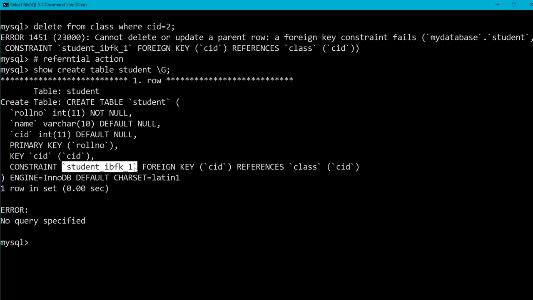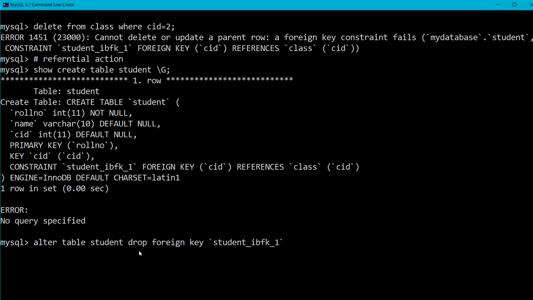So I have to drop this constraint. Alter table student drop, as per syntax, drop foreign key. I have to take the same name that I got from the show create table statement.